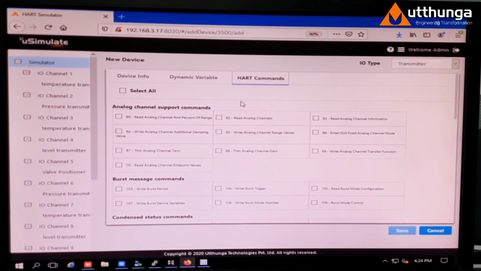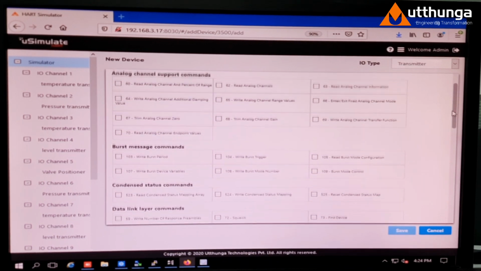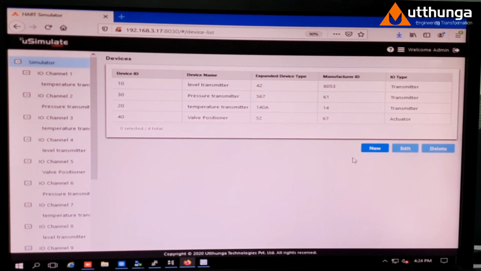And finally coming to HART commands. Now this is the page where we can select the common practice commands, the required common practice commands. So if we require everything, we'll just say select all and save it. So this is the way to create a device, and once we create the device, it will be listed here like level transmitter, pressure transmitter, temperature and valve